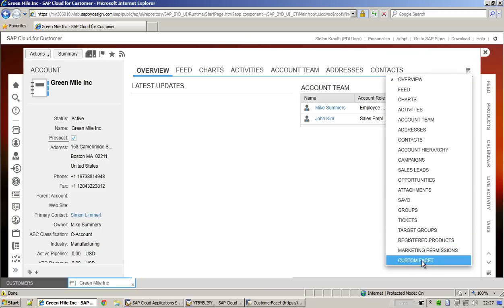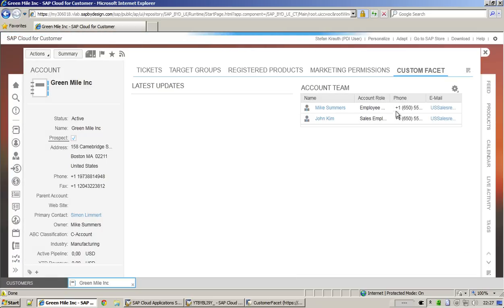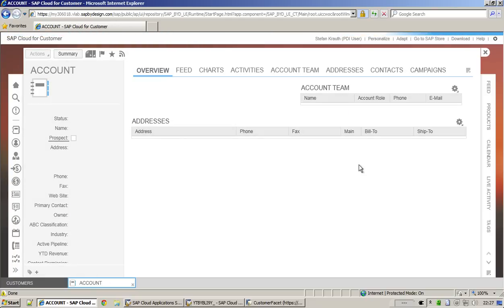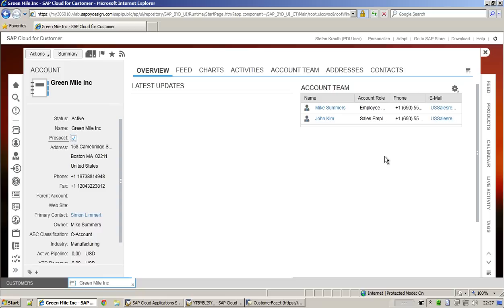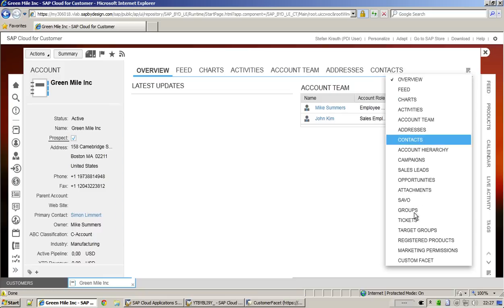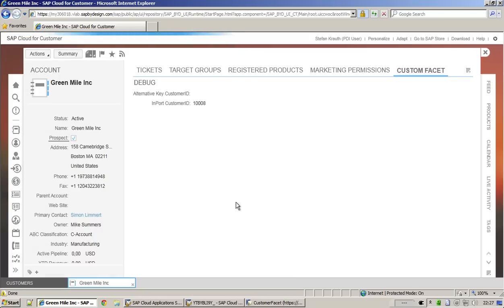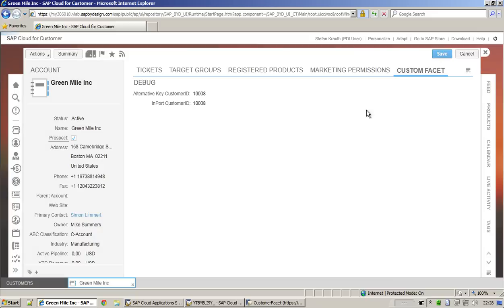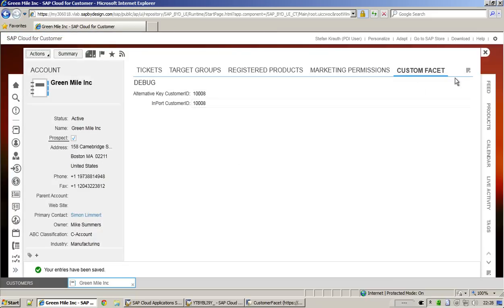So we move now to the custom facet. The system will detect that something has changed. It will jump back to overview, and we have to navigate again. Exactly. Here we are. Maybe you noticed the import was filled a little bit faster, and then the alternative key got saved. And if we save this now,